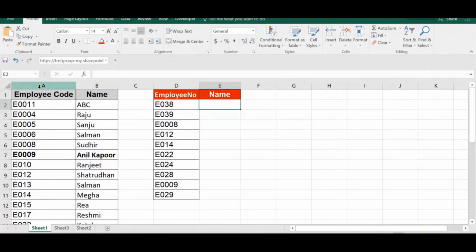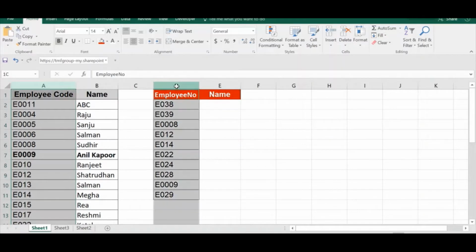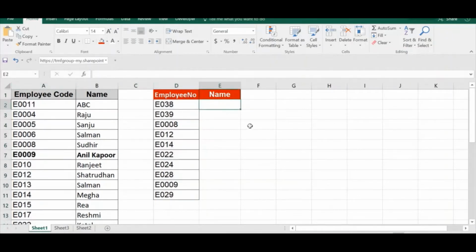Here you can see employee code is common and unique in the table array and lookup value. So yes, for VLOOKUP it is necessary to ensure one common column. In the table array, the first column is to be considered column index number 1, and so on.